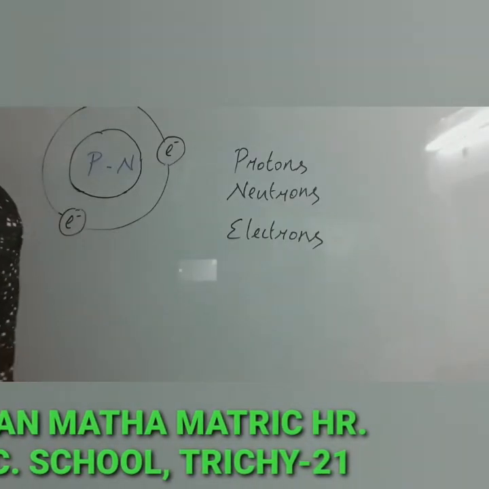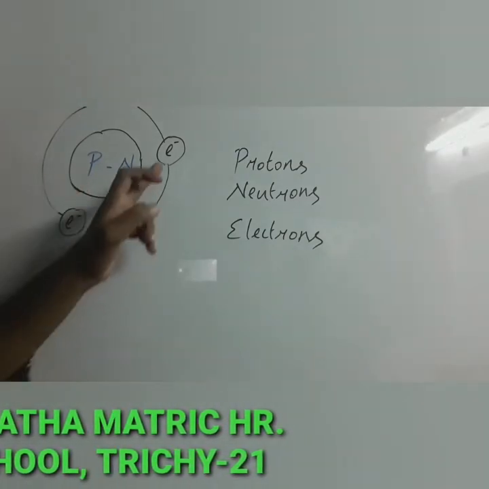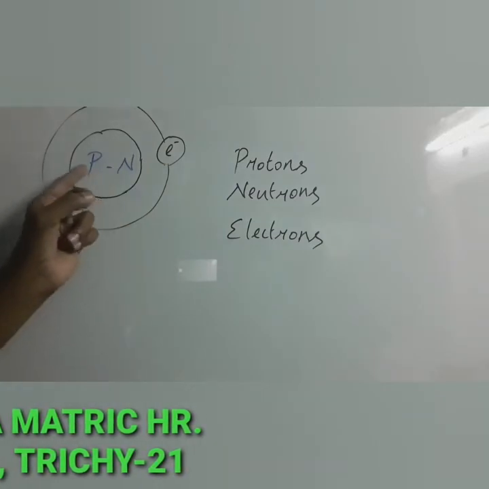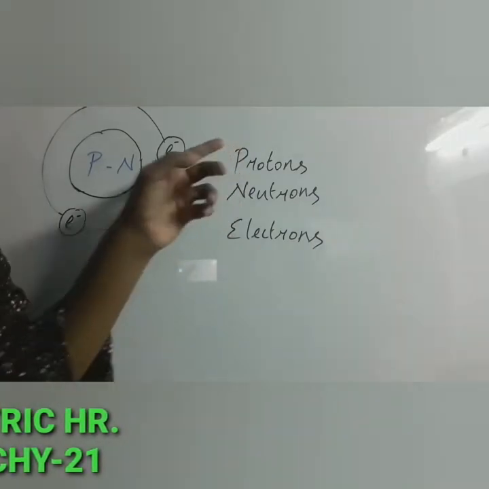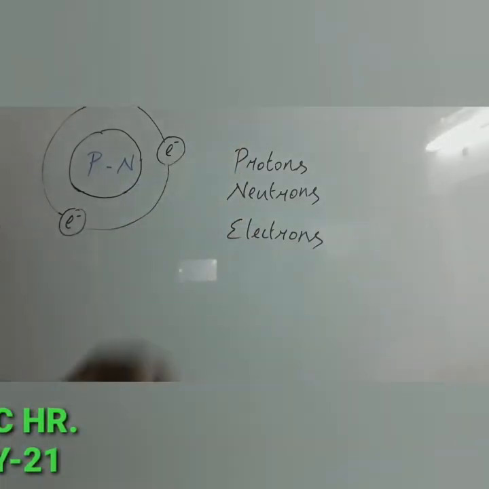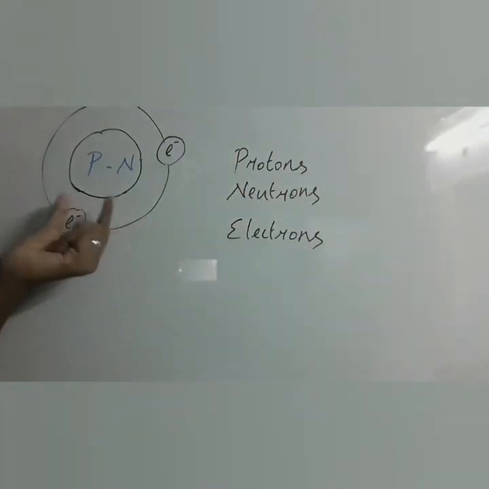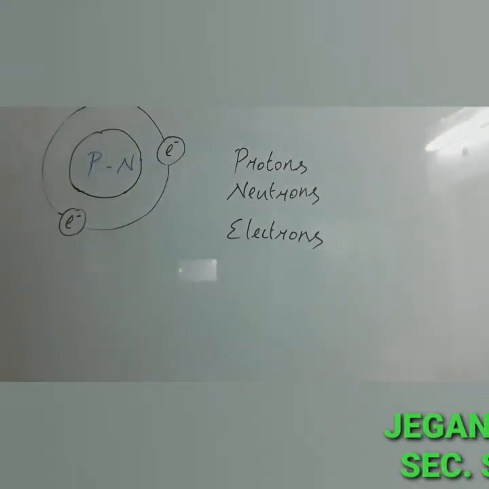Let us discuss the elementary particles. An atom has a nucleus surrounded by electrons, and the nucleus is made up of protons and neutrons. It was thought that protons, neutrons and electrons are fundamental building blocks of matter because they create the atoms. Atoms are the fundamental building blocks of matter.